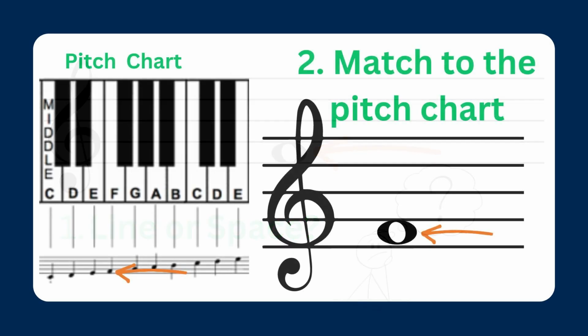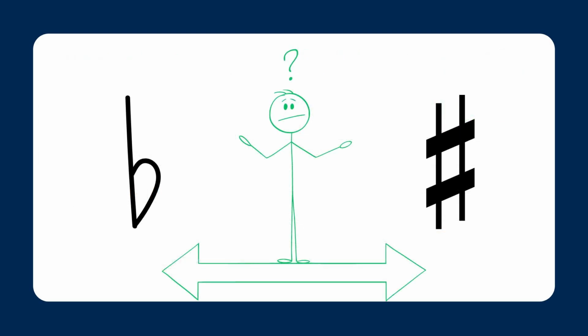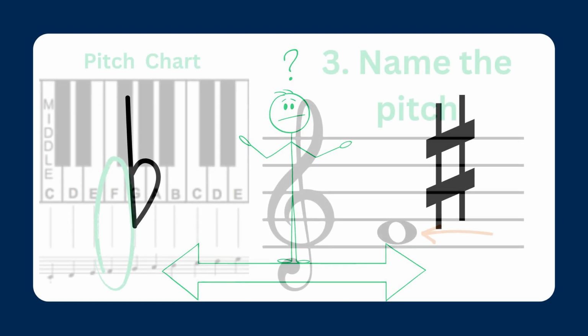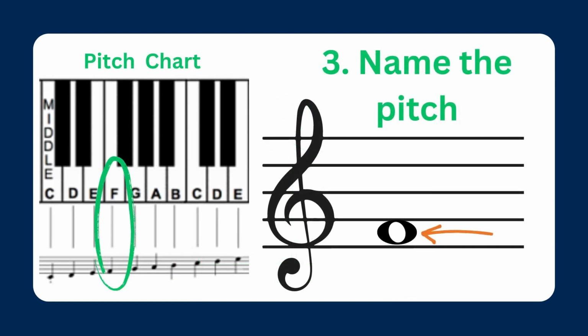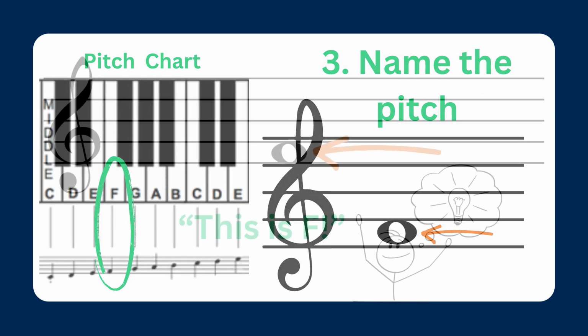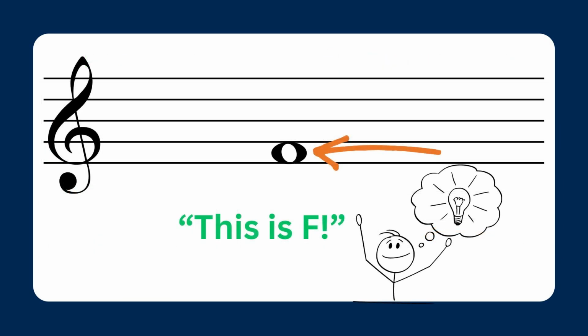Second, look at the pitch chart and match the exact same line or space to the music. When we later use sharps and flats, apply the same symbol to your search on the pitch chart. And then third, use the pitch chart to name the pitch. This is also useful when playing an instrument, and you can usually find the finger position for that instrument at